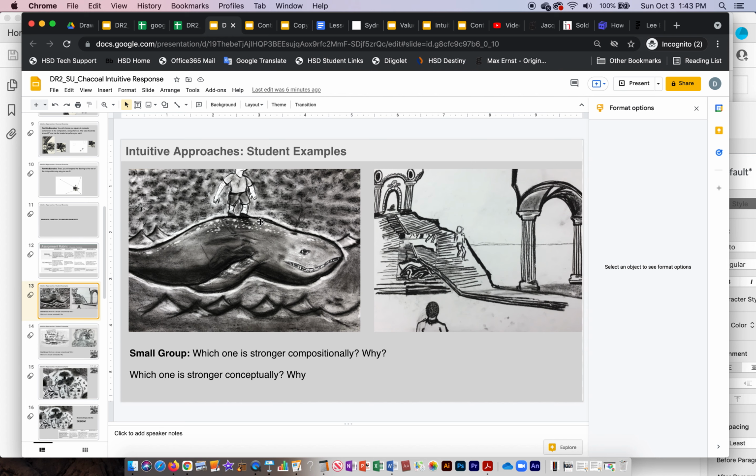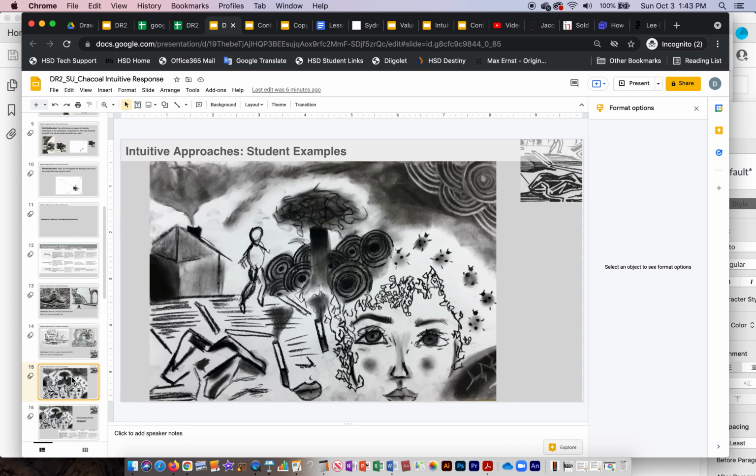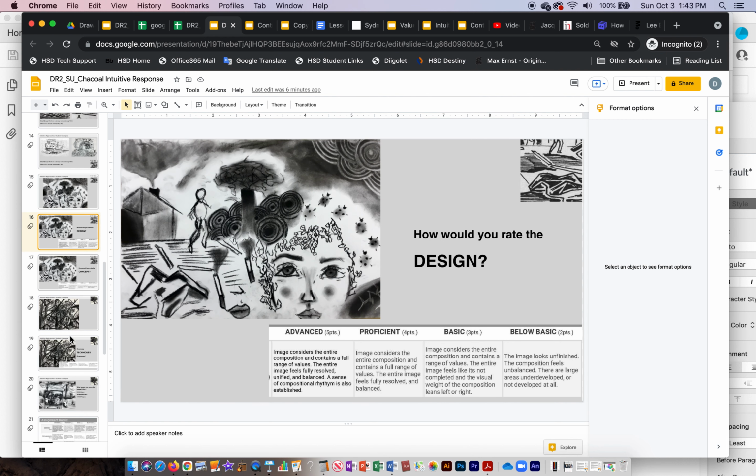So we talk about, here are two examples from previous students. They both had the same starting image, and both of them are very different. Which one's stronger compositionally, which one's stronger conceptually, et cetera. So we go down through a number of student examples and do that. Then,